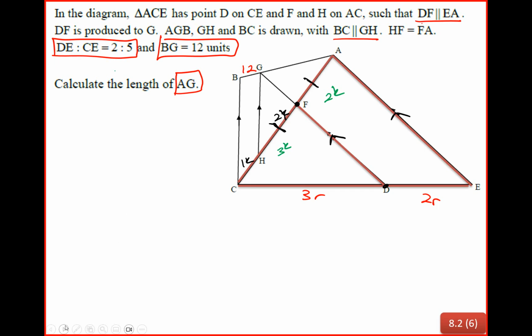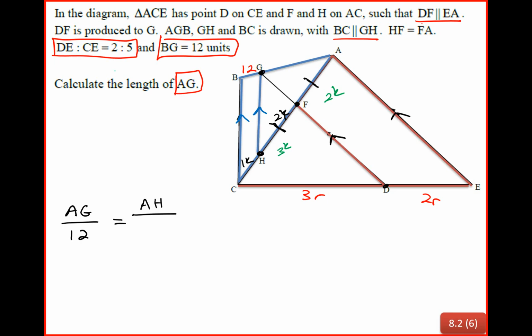Okay, we're now going to move our attention to the next triangle, which is in blue. And remember, in this triangle, you can also see that the lines are parallel, so we can use the proportionality theorem to find AG. So we can now state that AG over 12 units, because BG is given to be 12, and there's our parallel line. GH is parallel to BC. So we can now conclude that AG over BG will be equal to AH